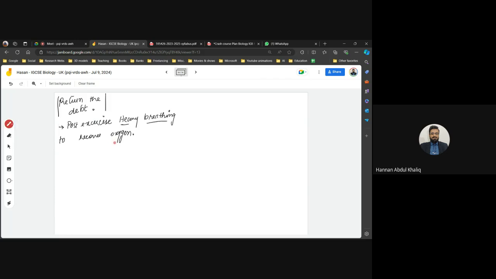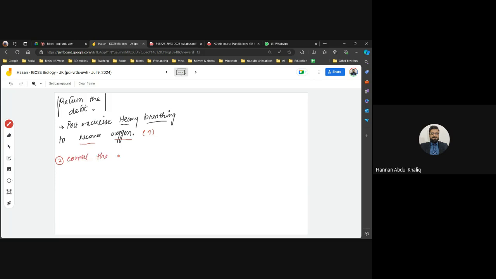So this is why it is called post exercise heavy breathing, or you can say post exercise oxygen consumption. That is also called post exercise oxygen consumption. Now see, one purpose of heavy breathing is to recover oxygen. This is one purpose. There is another purpose of heavy breathing. And what is that? Another purpose of heavy breathing is to basically convert